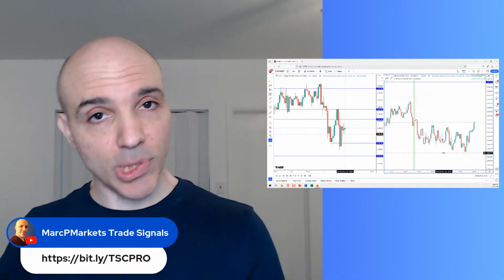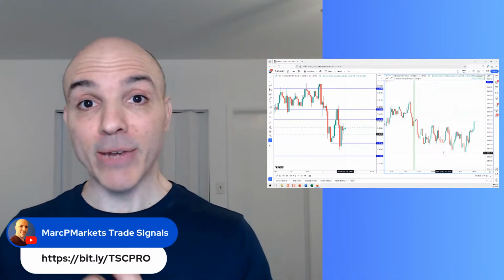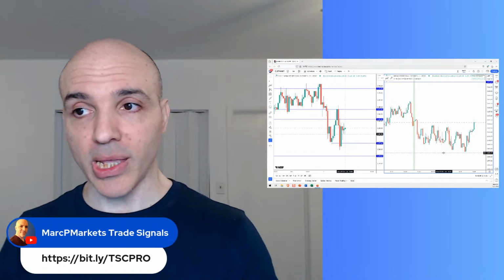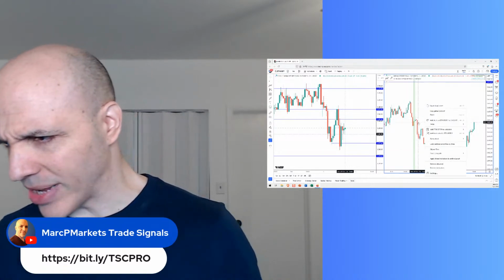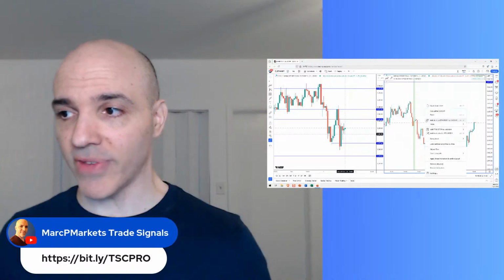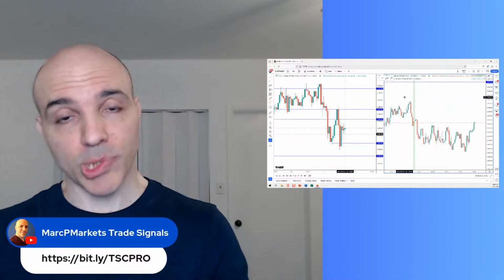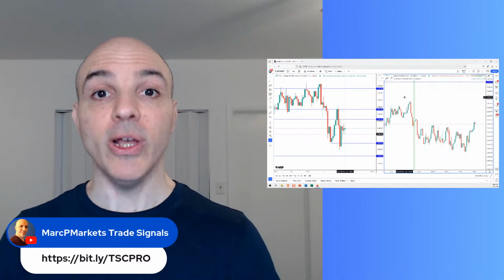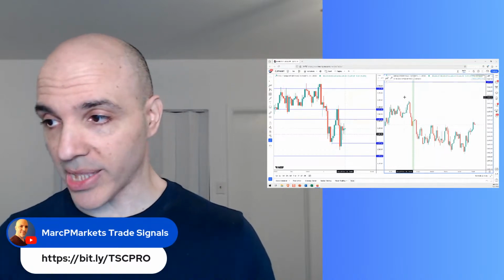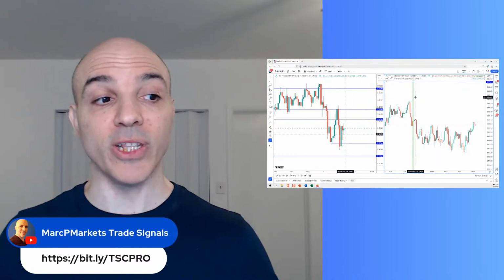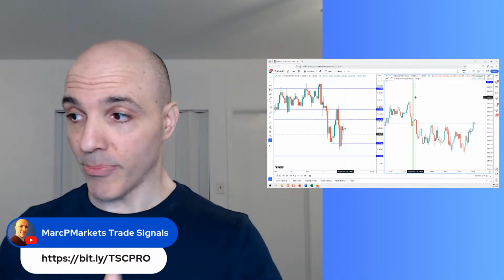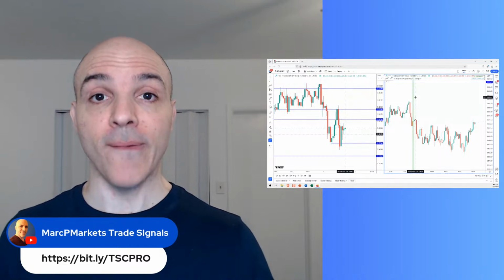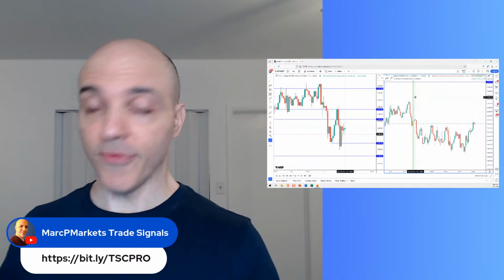And instead of having to sit in front of the screen and waiting for signals, which can be really annoying, you could set up notifications from TradingView right here, right? You set that up on TradingView, and the trade scanner will send you a message. Actually, it'll come through TradingView. It'll send you a notification on TradingView that is signal. It'll send you the warning, like the heads up. It'll send you that, or it'll send you if a new signal is present, or if a stop is being reached, right? So you'll get all that information from TradingView if you set up notifications.